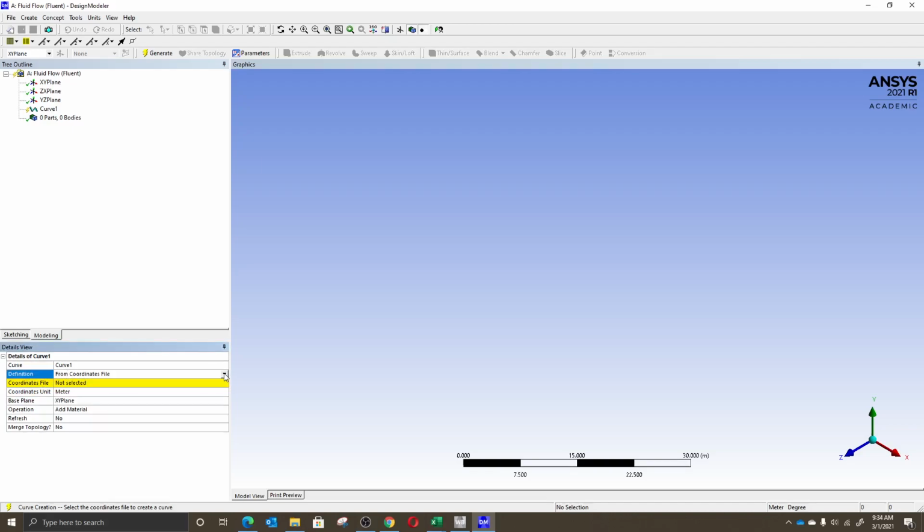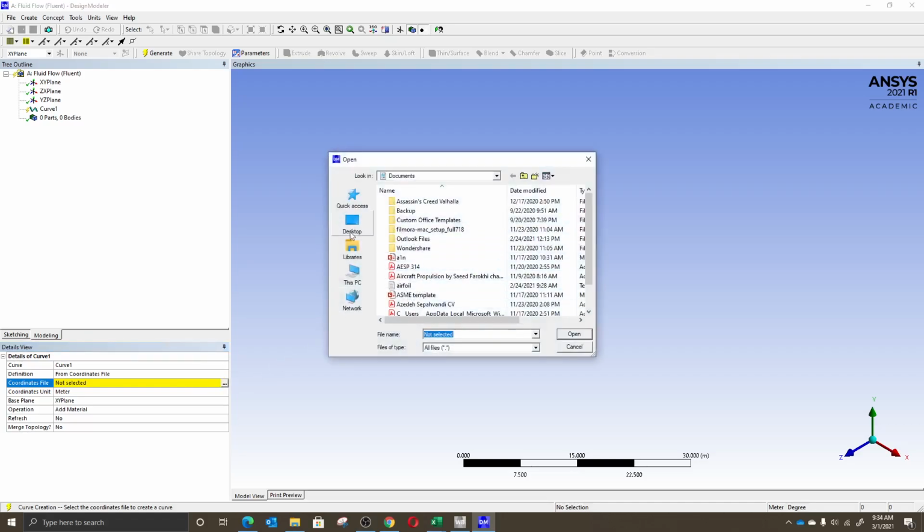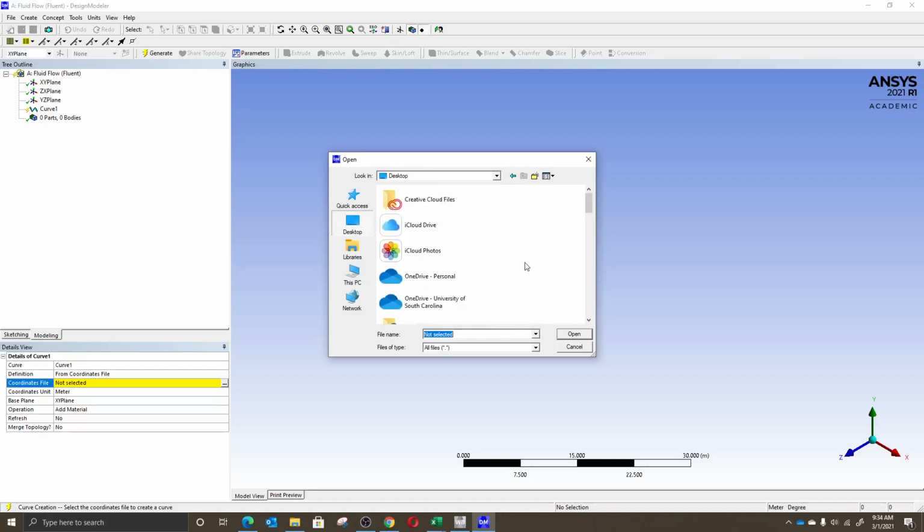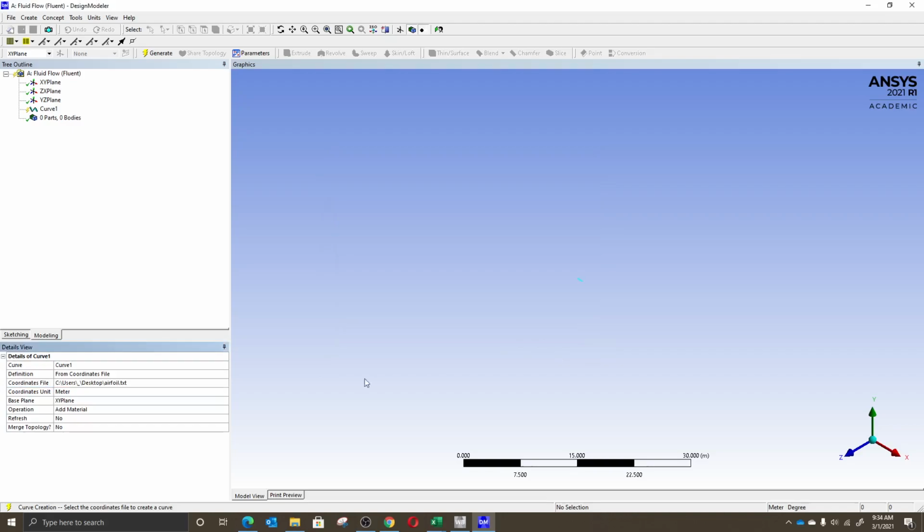We are going to use the coordinate files, but we can actually define points and just select point to create a 3D curve. When you say you want to use a coordinate file, it will give you this coordinate file option. I'm just going to come here, go to desktop where I had the coordinate file, and then I think this was, yes, airfoil. I'm going to open this,